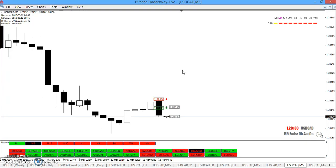If you believe in your system and your system says you give it 10 pip wiggle room, sometimes you'll guess wrong, because what's the worst thing that can happen? It goes to 9 pips minus, turns around and rockets 100 pips the other way. Then you'd be kicking yourself and you might be mad at me. But no, you can't be mad at me because I didn't click your mouse for you. You did. So the thing is, either you stick with your plan